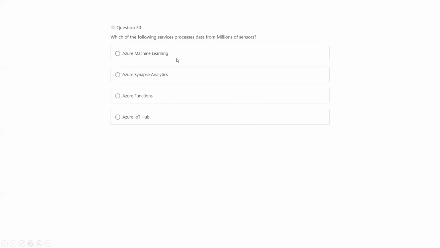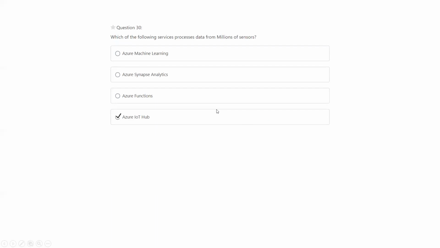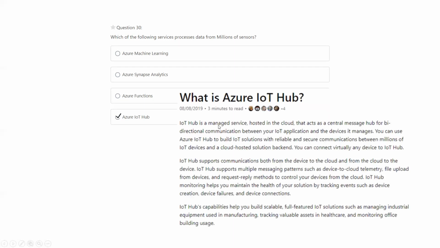Machine learning is the concept where it takes the history and predicts the, what do you call that? I forgot it. Azure Synapse Analytics is also not related to this one. Azure Function is again running a piece of code in Azure.